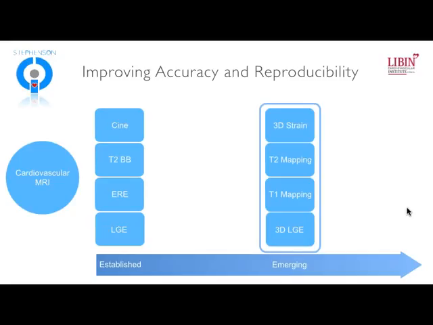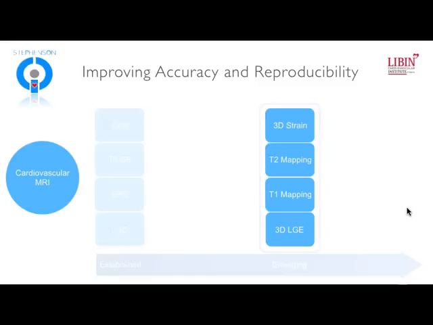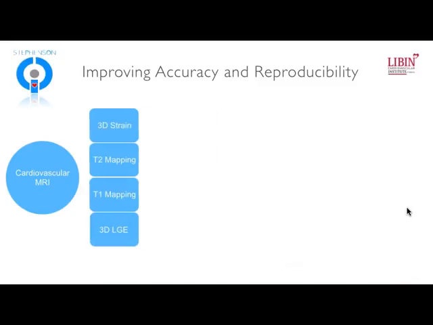So what can we do from here? We've gone through what we currently do with cine, T2 weighted imaging, early relative enhancement, LGE. We've observed that late gadolinium enhancement in the current literature has emerged as a dominant tool for both the detection and prognosis of acute myocarditis. But what can we do better? Well, each one of these can be done better, I believe, and here's what's emerging as new techniques to be